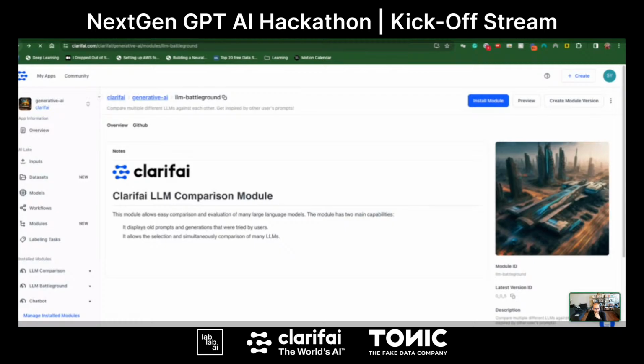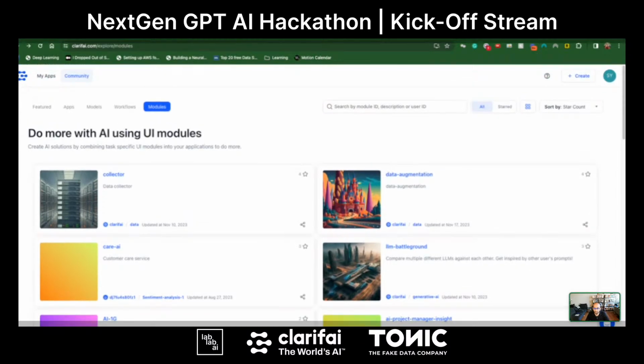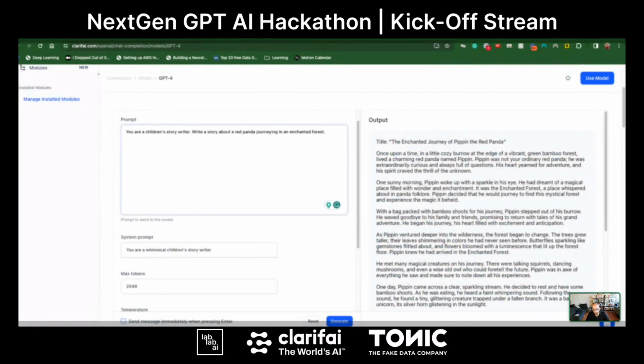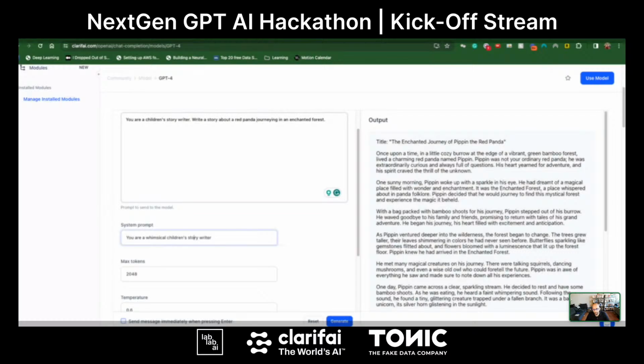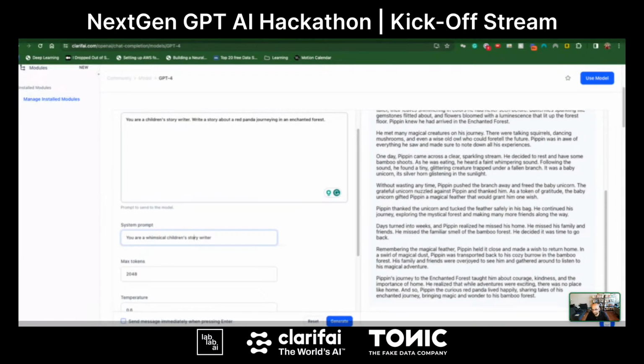And I mentioned apps. Apps, you can think of them as containers within Clarifai. So think of Clarifai as your larger cloud and apps as your containers. And apps are very relevant when you're building your own custom workflows, custom models. And that's how you kind of isolate different parts of Clarifai. Let's see if it's, yeah, it has actually generated. If we go back to GPT-4, it's generated that new story with the edited prompt of you're a whimsical children's story writer.